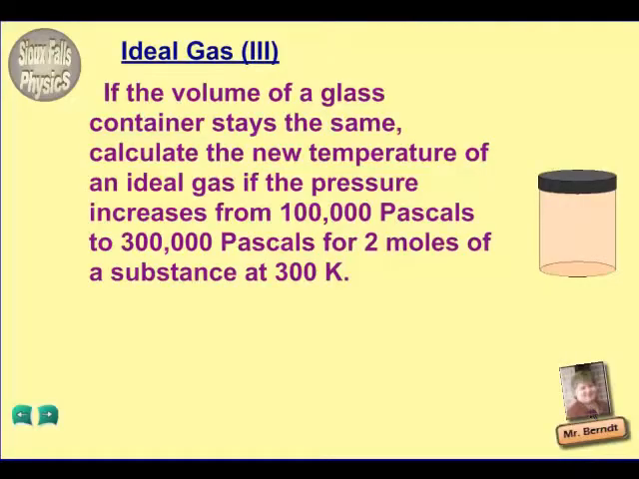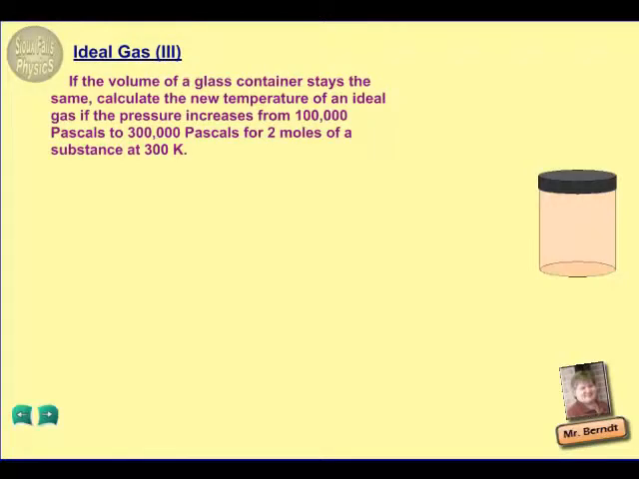Okay, welcome back again. We're going to look at another ideal gas problem now. If the volume of a glass container stays the same, calculate the new temperature of an ideal gas if the pressure increases from 100,000 pascals to 300,000 pascals for 2 moles of a substance at 300 degrees Kelvin. Once again, if you're looking at ideal gas, the equation that should pop into your head is the ideal gas equation, PV equals